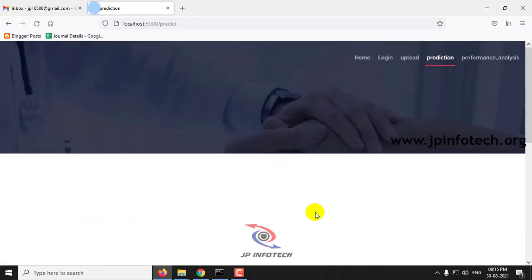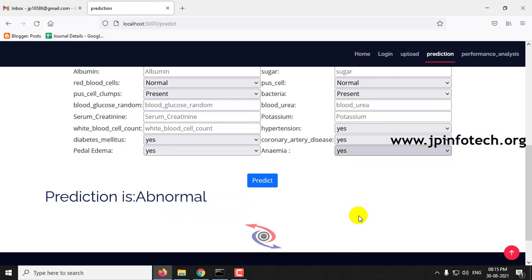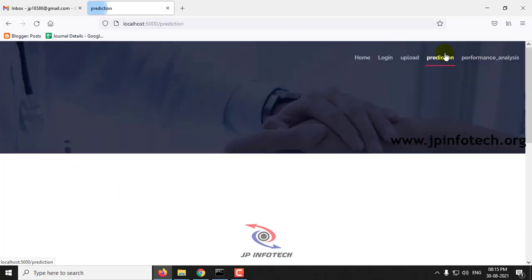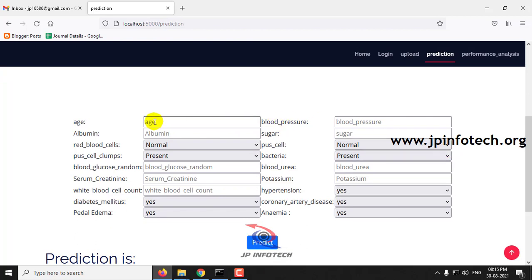Just click the predict button, and now you can see the prediction is abnormal, which is a positive case. Now let me click prediction again and enter some different values and check the other case.